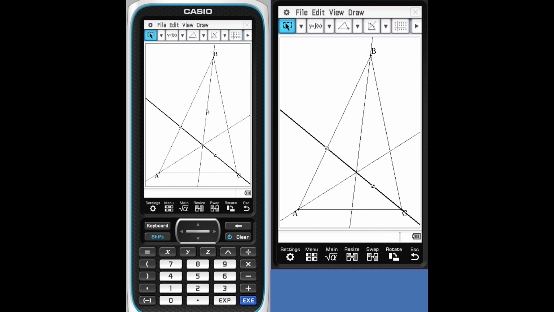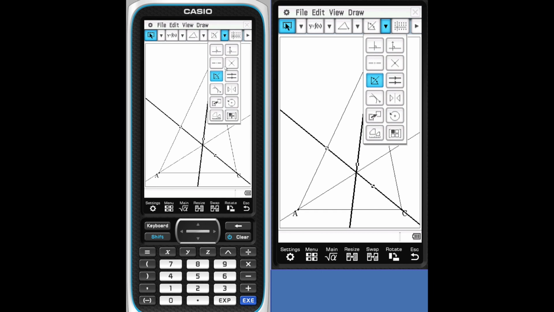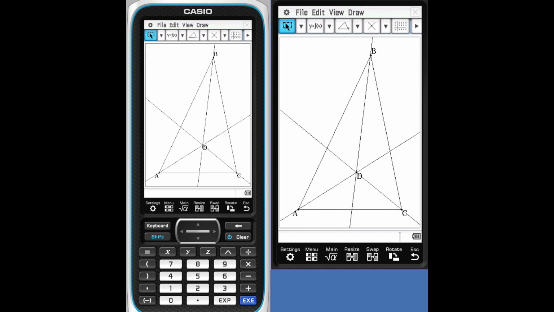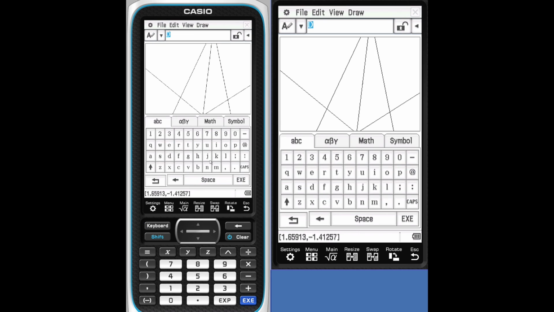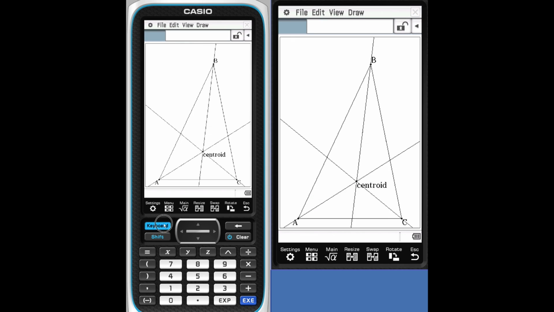Let's make that point of intersection highlighted. We'll select any two and highlight the intersection, point D. Let's highlight point D and change the name of it. We know that's the centroid, so let's go ahead and call it the centroid. I'm going to pull up the keyboard and we'll say that's going to be called the centroid. Execute that, come back here, we'll resize the window and put away the keyboard. There's your centroid.